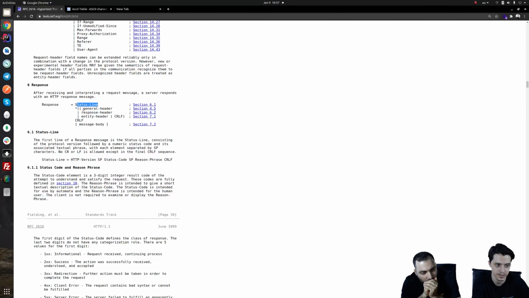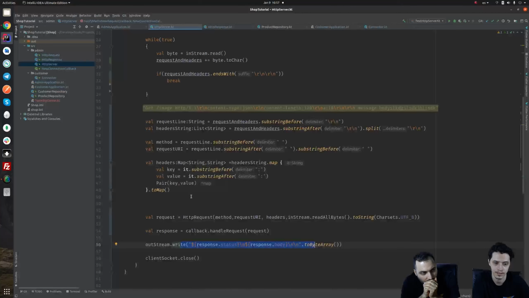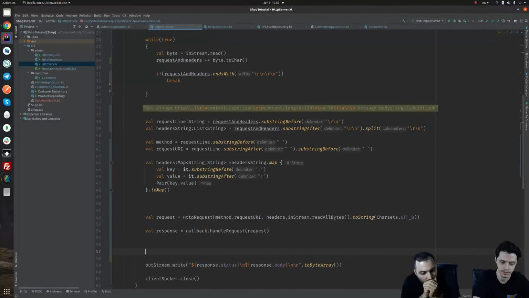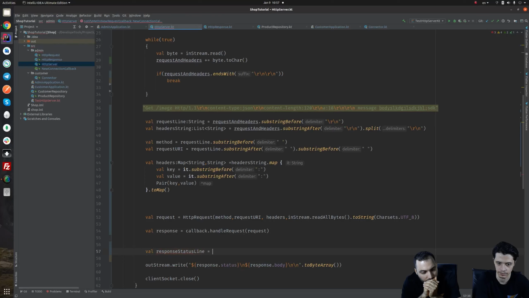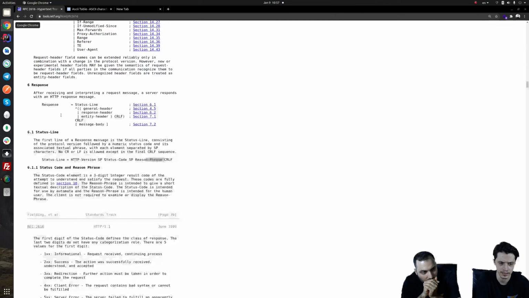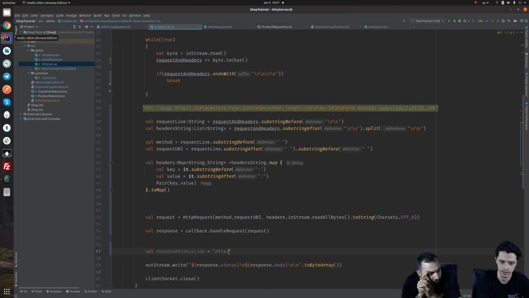The status line has HTTP version, space, status code, space, reason phrase. So let's say val response status line will be actually HTTP version. Yes, first comes HTTP version, which is always HTTP 1.1, space,